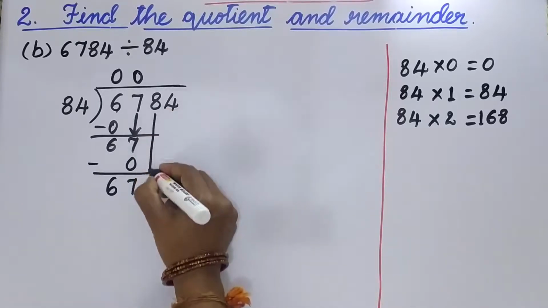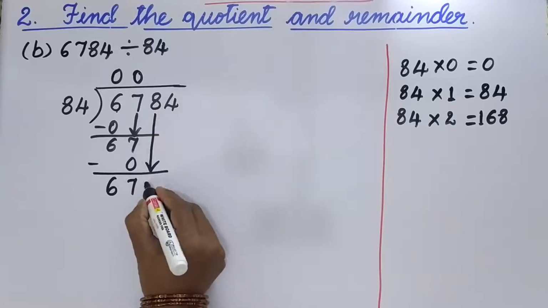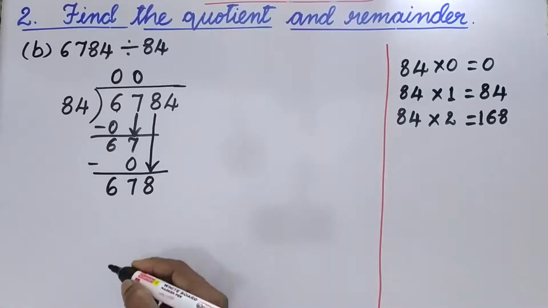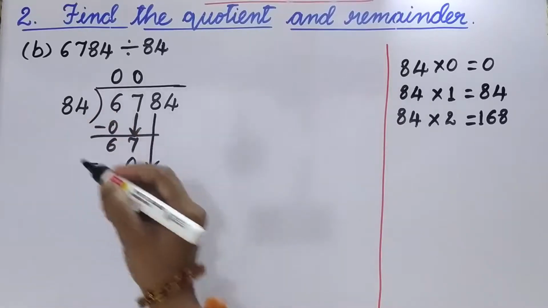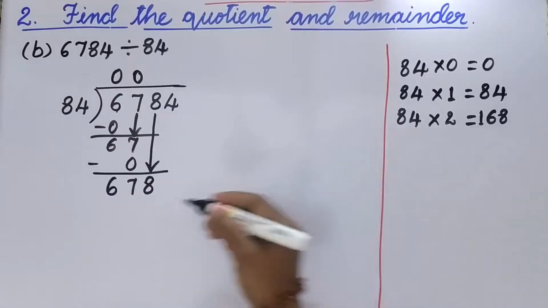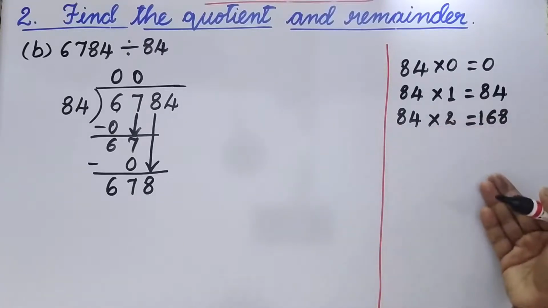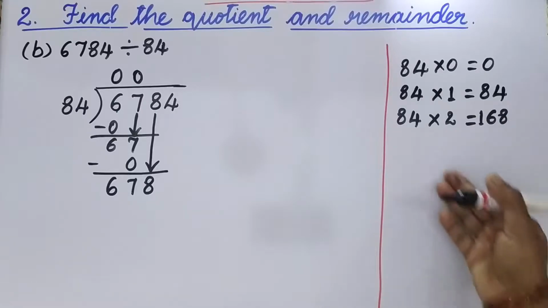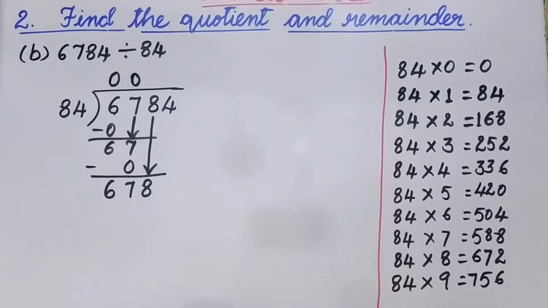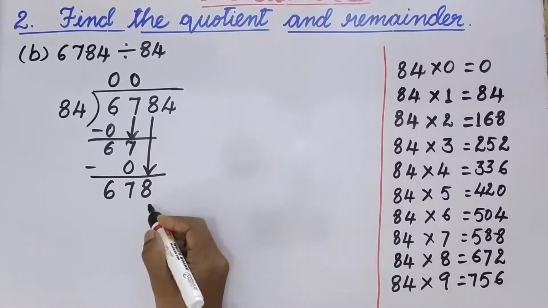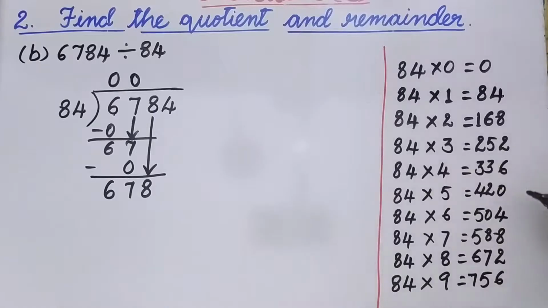Now, third step. We are here and we'll get here 8. Okay. Now, 678 is greater than 84. Now, we can divide. Till we get near this number, we have to go on adding or multiplying and we'll check in this table, in this rough work place. Okay. So, the table is ready. 678 we do have here. Now check for the nearest number. Here we have 84 sevens are 588, 84 eights are 672, 84 nines are 756.